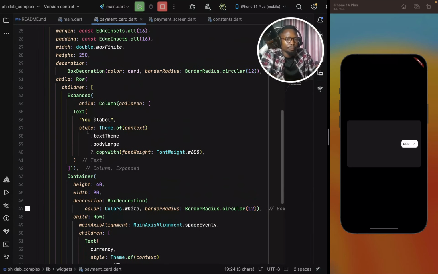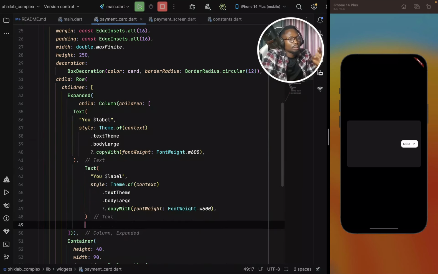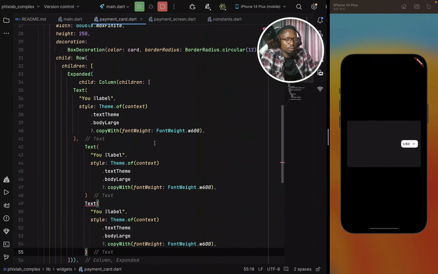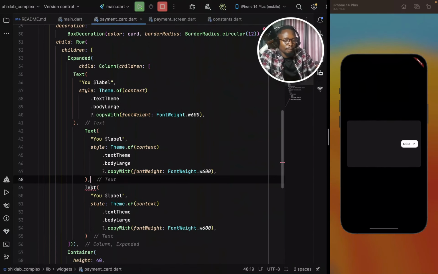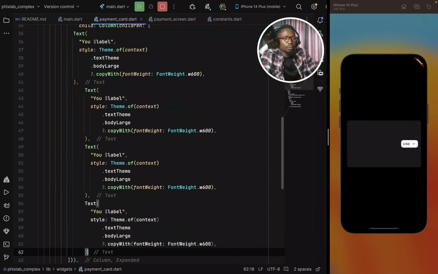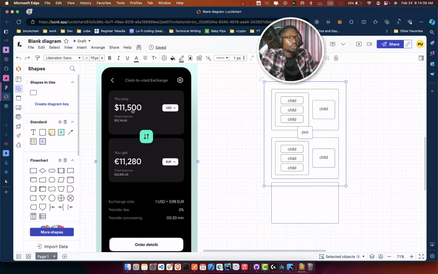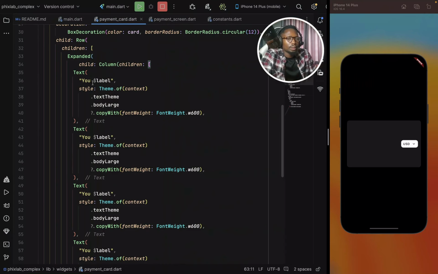So let me go ahead and copy these out. We need about 3 times, 1, 2, 3, 4. So let's just do one more. Let's format this. When you format that, the first one is going to be small: you pay, and then the balance, or the amount. Sorry, right? So you this and then amount. So let's pass the amount value here. Amount,